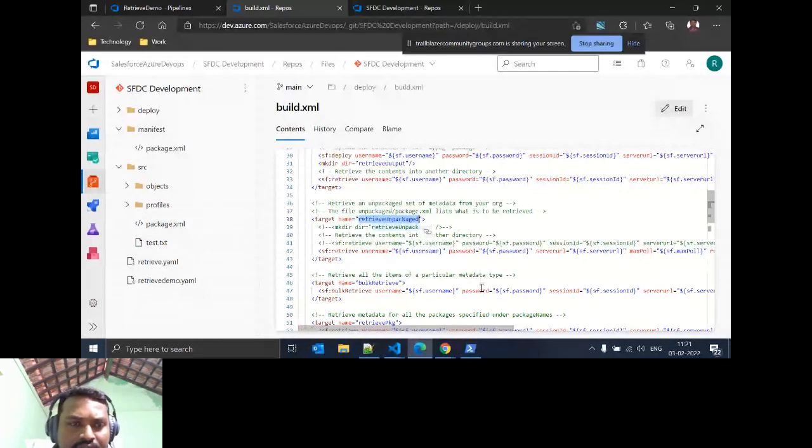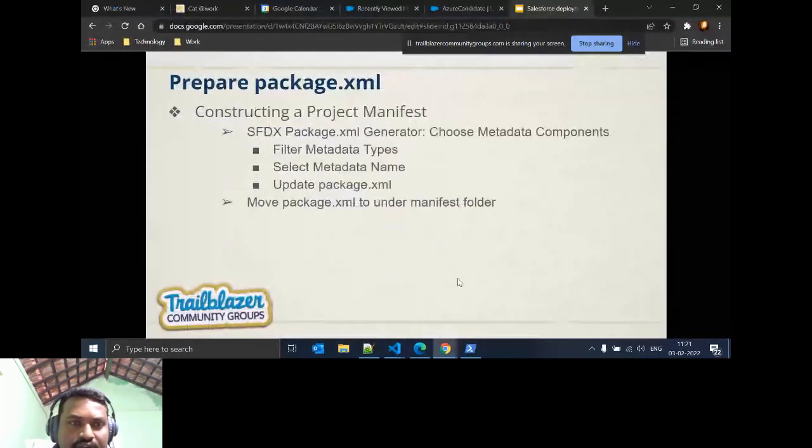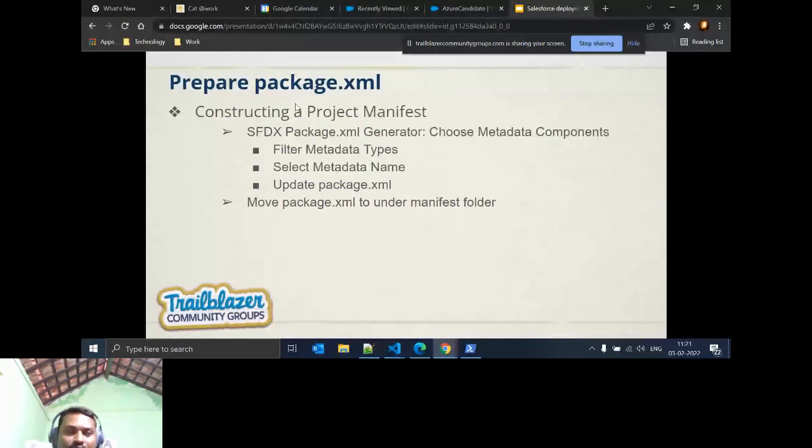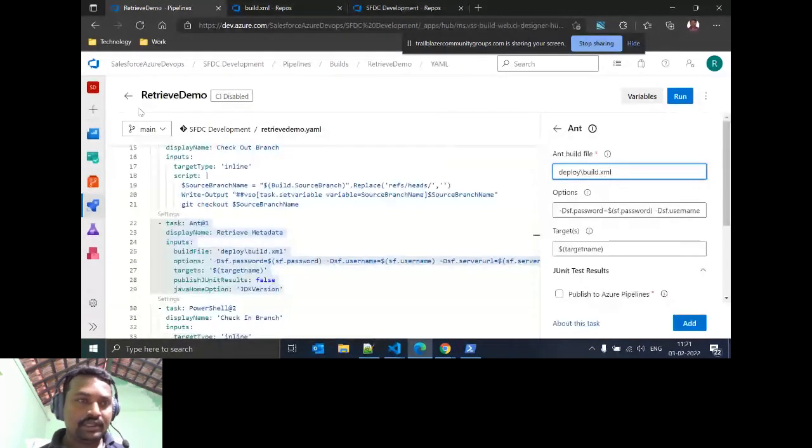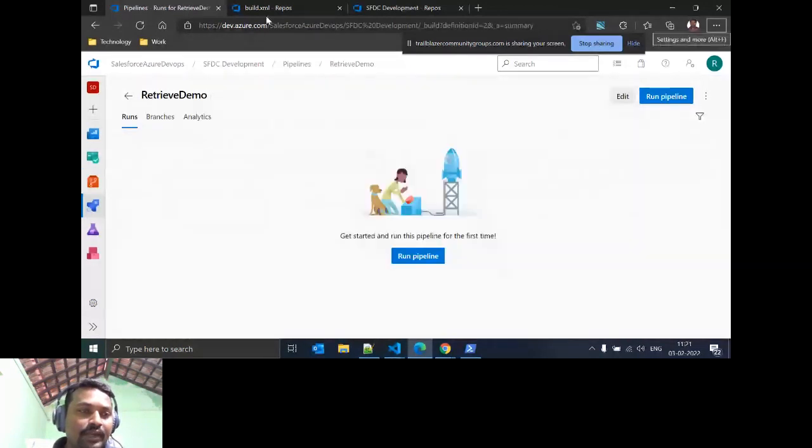Now everything is done. Now we are going to prepare the package XML. The pipeline setup is done, which means the Azure developer has completed his activity. Now the pipeline is ready. We can run it, but before that we want the package XML, because our components don't have it yet. We need to add our package XML to these components.